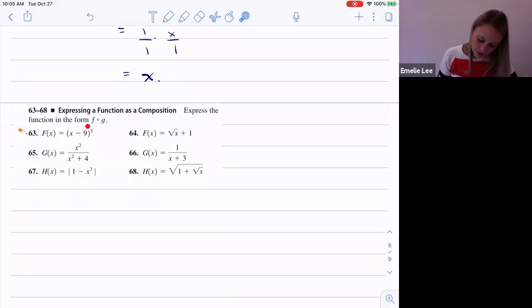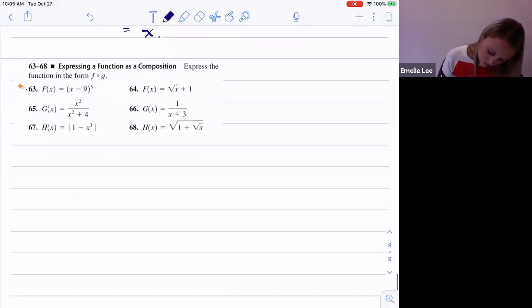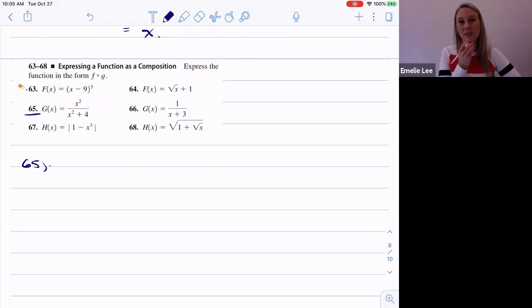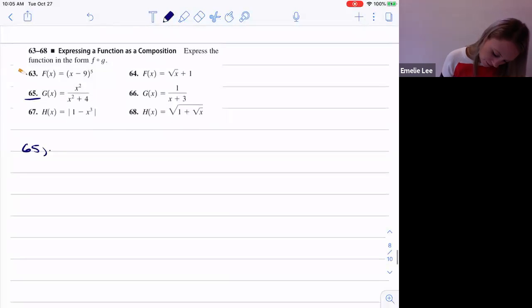Okay. So we want to express it in the form of f composed with g. So g is going into f. And so let's do 65. And like I said, you can make this kind of complicated or you can make it just nice and easy. And so if capital G of x is f composed with g of x,